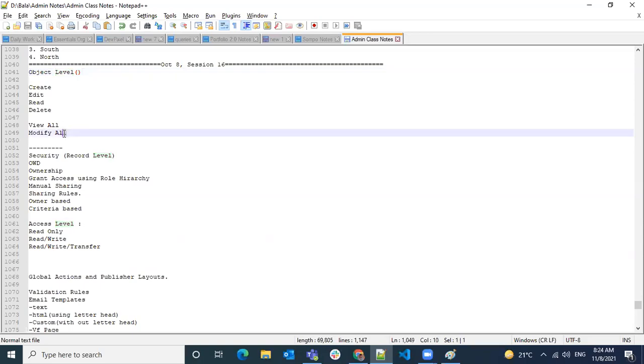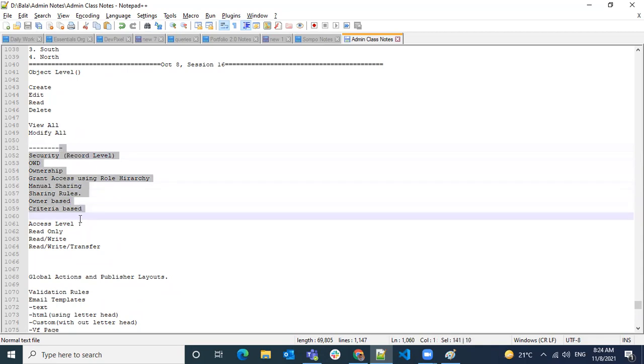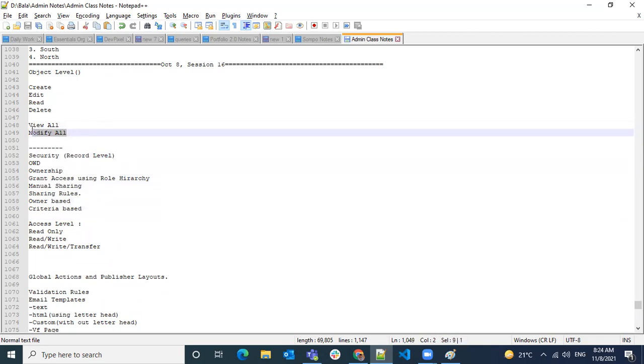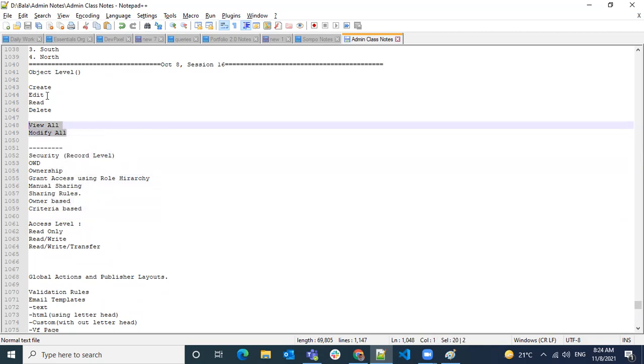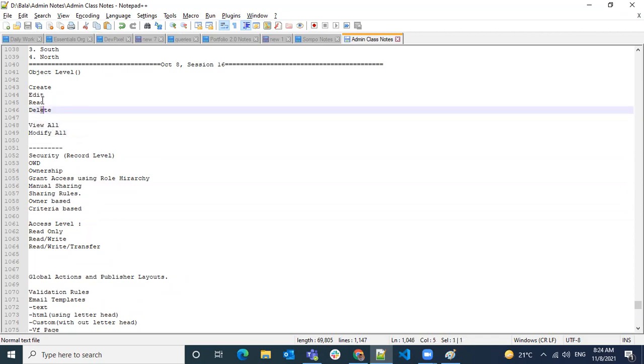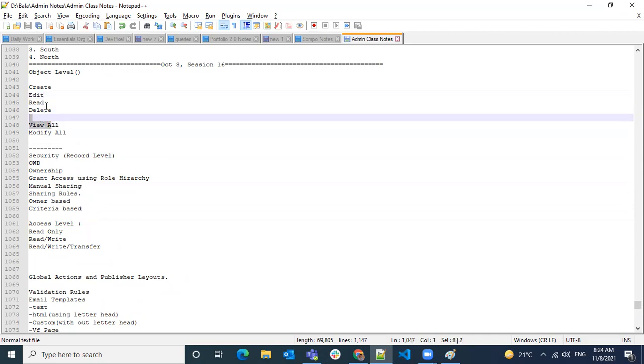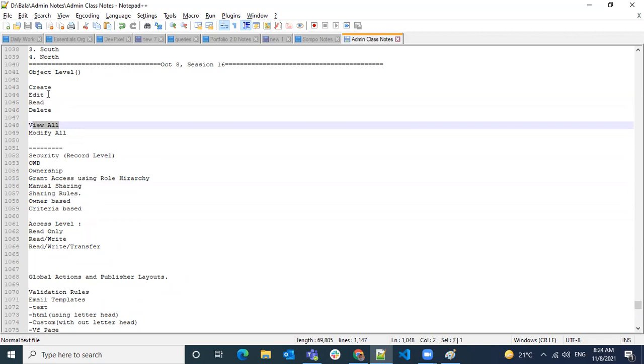Similarly, modify all is also going to override all your record level security. So these are kind of superior permissions on those objects. When you're saying view all and you have delete and edit permissions, it doesn't mean that you can see and edit all the records. View, that means the read.